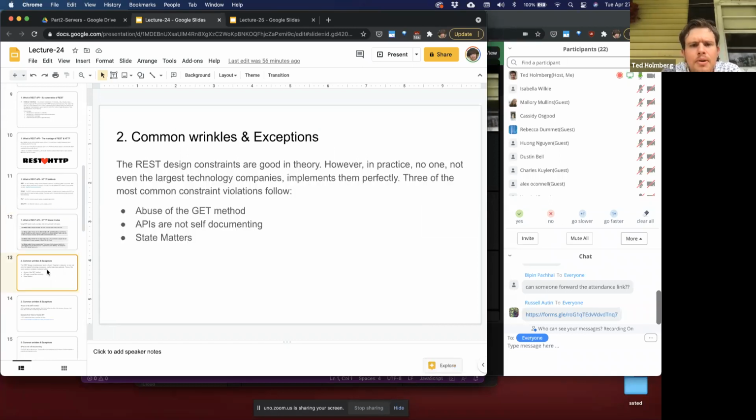So let's talk about some common wrinkles and exceptions that might occur when you're designing a REST API. The REST design constraints are good in theory. However, in practice, no one, not even the largest technology companies, implement them perfectly. And three of the most common constraint violations are as follows. The abuse of the get